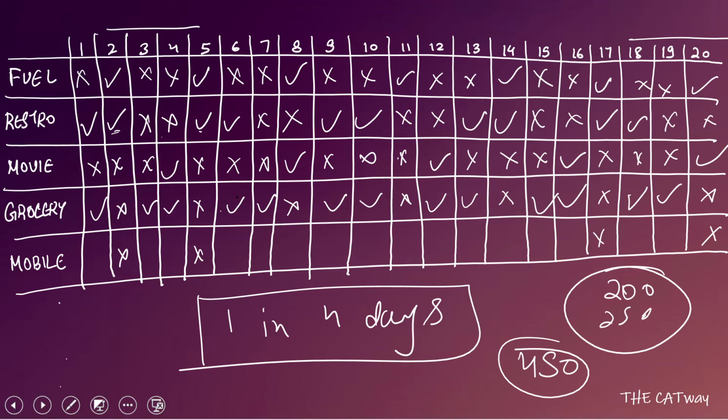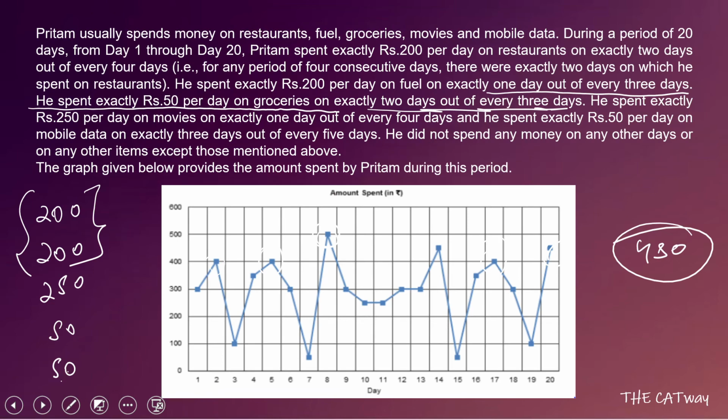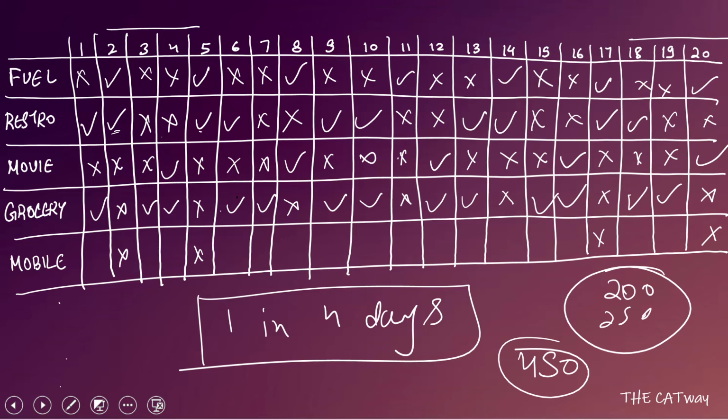Now using the table, using the amount of money spent per day, and because we have the data for 4 of them, we can easily find out the data for mobiles. So what we can say is, I'm going to directly put a tick mark over there. You can calculate it for yourselves. So it will be on day 1, it will be on day 3 and it will be on day 4. Then it won't be on day 5. It will be on day 6, won't be on day 7. It will be on day 8 and day 9, and it won't be on day 10.